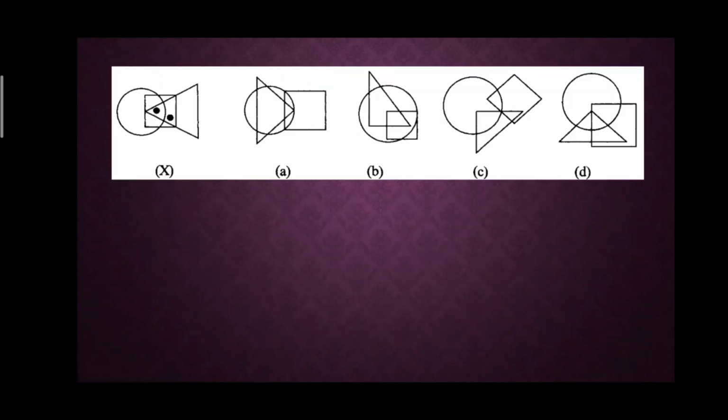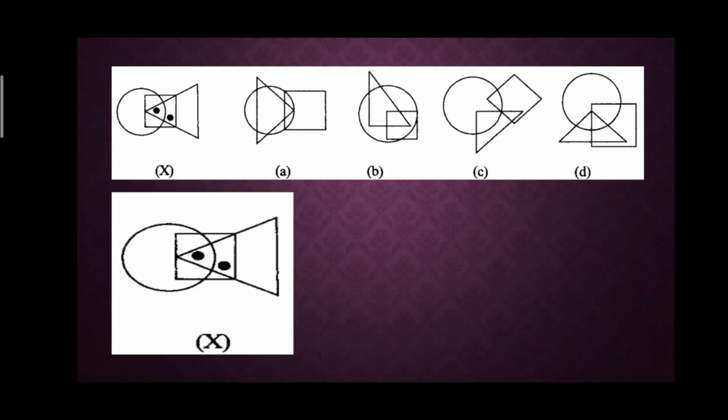Now let us go to the next question. In the next question again you are given a problem figure and 4 options are given to you. Now as you can see, I'll do the same I did in the previous question. I'll mark these dots using 2 different color dots. The first dot is blue and the second is pink. Now the blue dot represents what? All the 3 figures, circle, triangle and square.